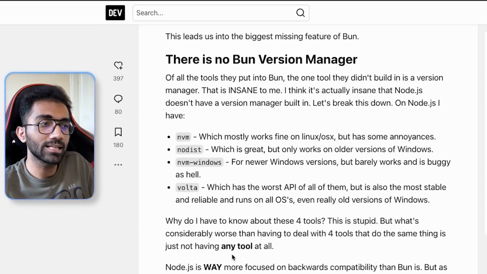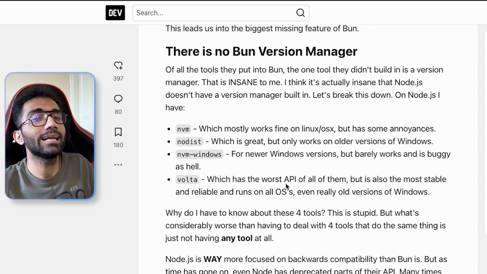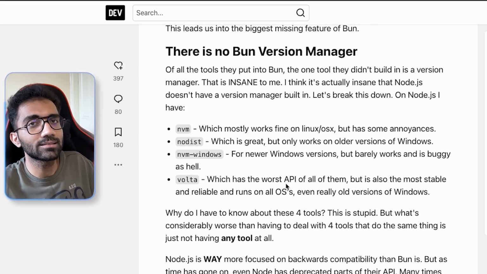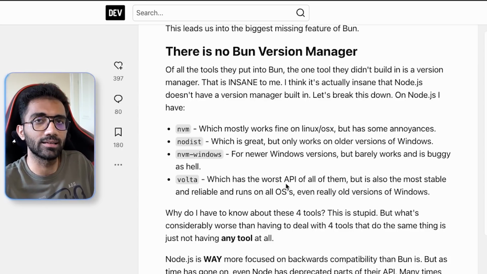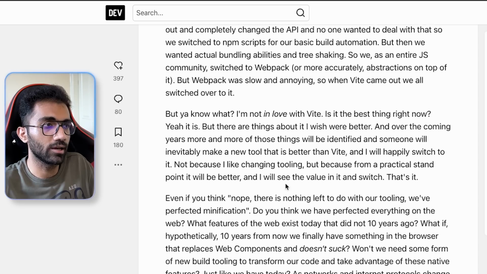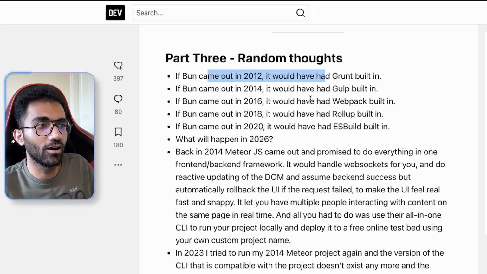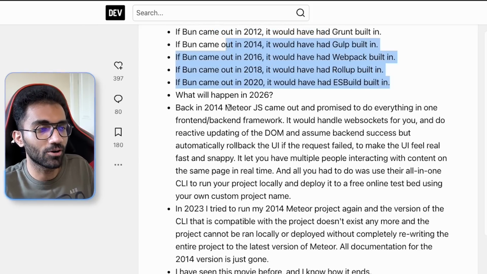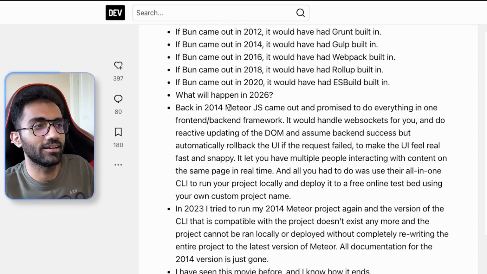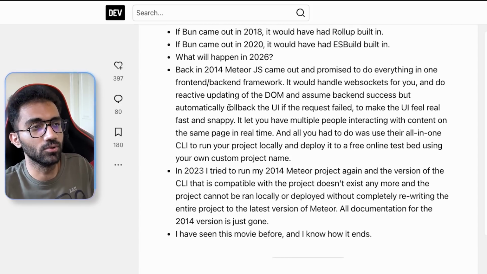This point would have made sense. That's why I don't agree with this point, because it doesn't make sense until and unless you have just cleaned up the compatibility gaps of common things at least. So yeah, if Bun came out in 2012, it would have Grunt. In 14, it would have Gulp. In 16, it would have Webpack. In 18, Rollup. So it's just a little short on Bun that it's just sticking to the fastest and coolest technologies